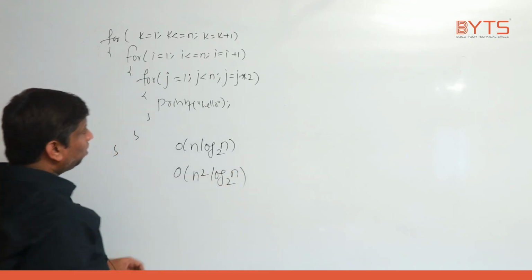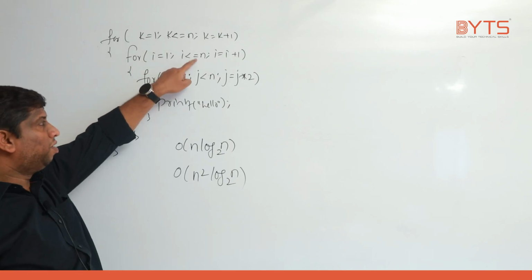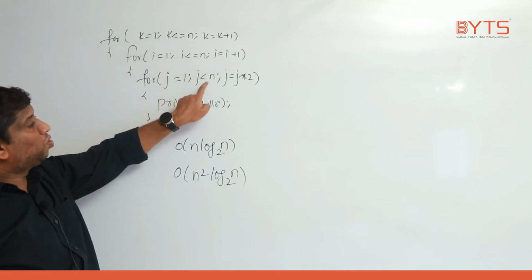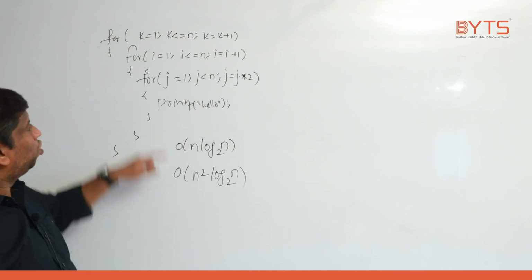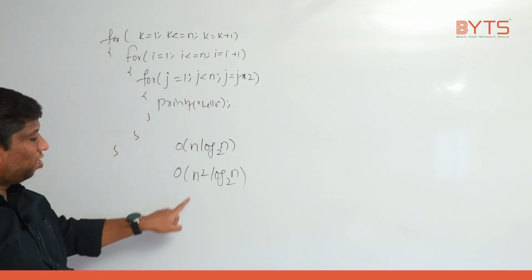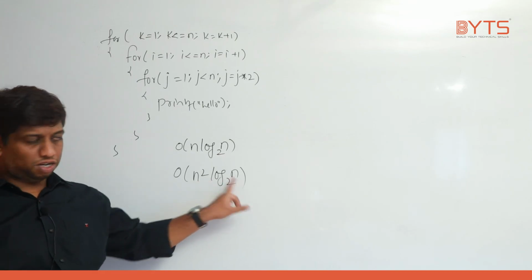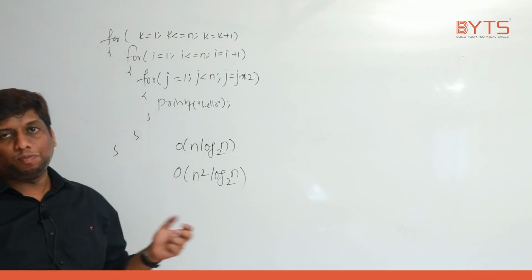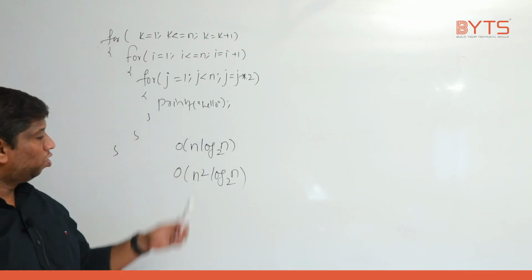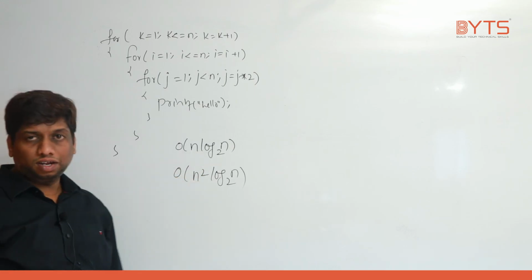Understand? Simple only, right? This loop will repeat n times, this loop will repeat n times. In total it will repeat n square times, and for that, this loop should repeat log n times. So n square log n times the loop should repeat. So we have 1, 2, 3 loops, so the order is 3 here: 2 n's are here and 1 n is in logarithmic nature, right? Previously we had only 2 loops, so we had 2 n's, meaning growth is only with respect to a quadratic expression. I hope this is very clear, right? Fine.